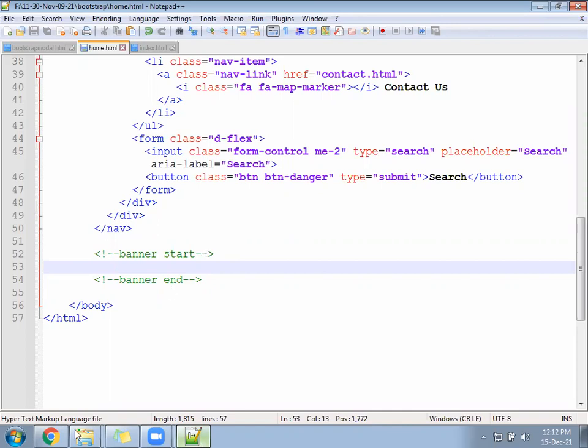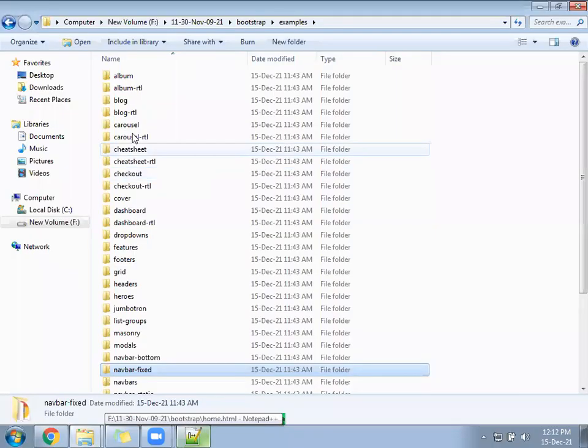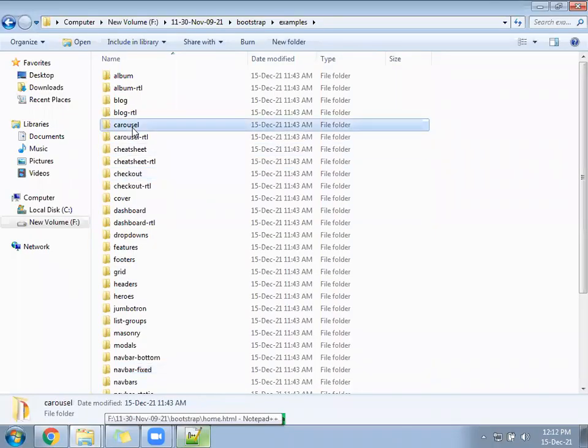Clear? Now come to your folder again. You have the example folder. Look in that. You have a folder called carousel. Find the folder called carousel.